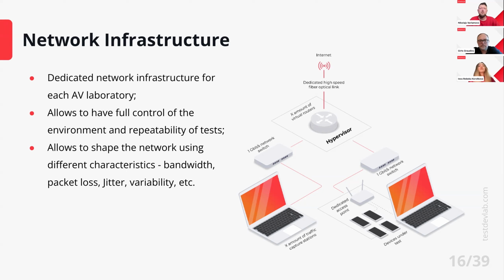It also allows us to shape the network and ensure different network environments for more interesting testing opportunities, helping us to test how the product would perform in various network conditions. Either it's a good home Wi-Fi or, for example, a country road drive somewhere in the middle of nowhere. Such infrastructure helps us to ensure bandwidth limitations and different packet loss scenarios. We can also change jitter or create more complex scenarios that combine all of them together or are variable over time.